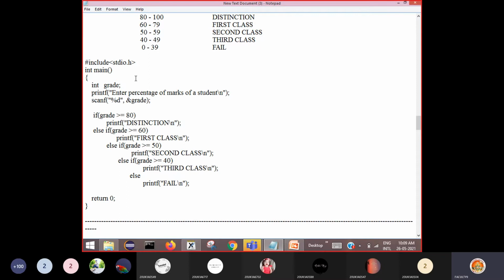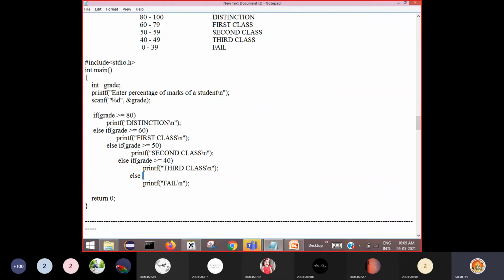Okay, so less than 40, no need to check whether his grade is greater than or less than 39. That means he hasn't got even 40 marks. That indicates that his grade is failed.